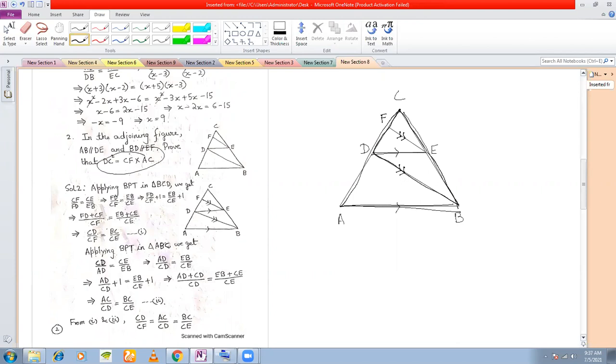So the point here is that you have to identify which two lines are parallel. Just as in midpoint theorem, if you remember in class 9, we were identifying which two straight lines are parallel, and then we were applying the midpoint theorem. Similarly, here in BPT, we need to identify which two straight lines are parallel. After identification, we apply BPT in that particular triangle. Okay, so I will continue with this in the next class. I will stop here. On Wednesday, I will continue.